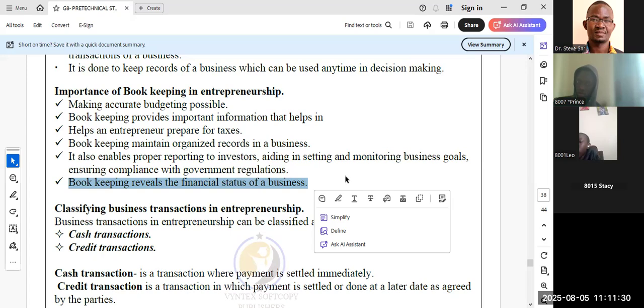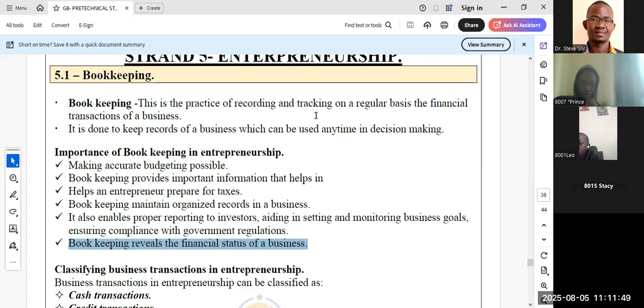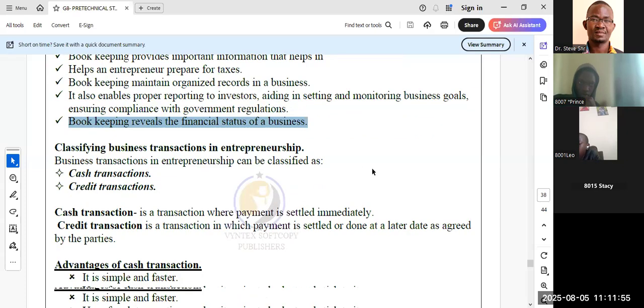You sell sugar, you sell bread. At the end of the week, at the end of the day, at the end of the month, if you calculate, have you made a profit or have you gone at a loss? That is very evident and very simple to tell from the bookkeeping records you would have kept during that particular period. Now, having defined bookkeeping and gone through the importance of bookkeeping in entrepreneurship, boys and girls,